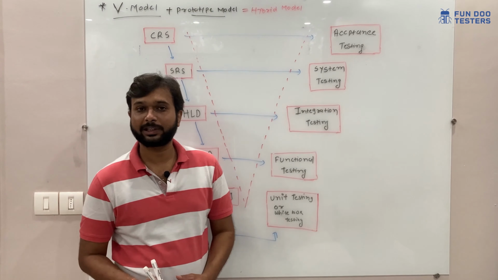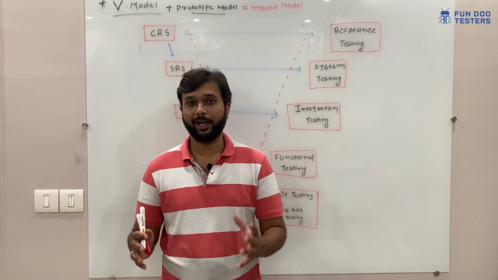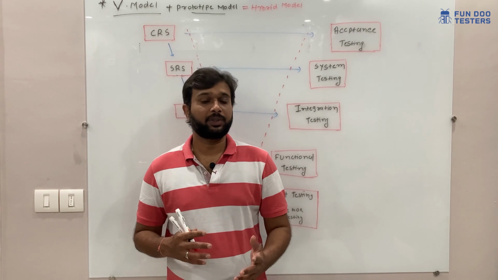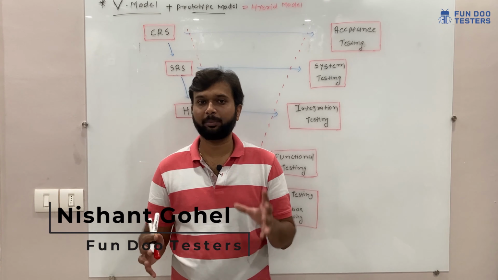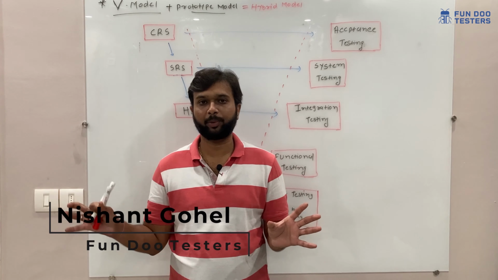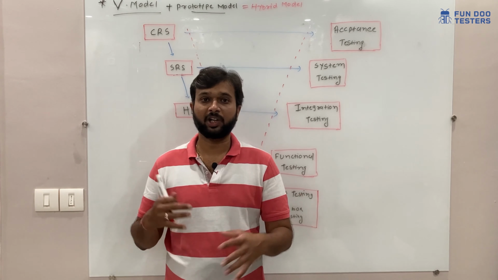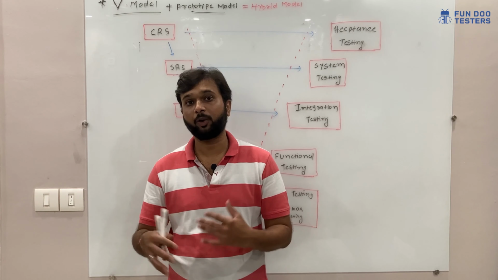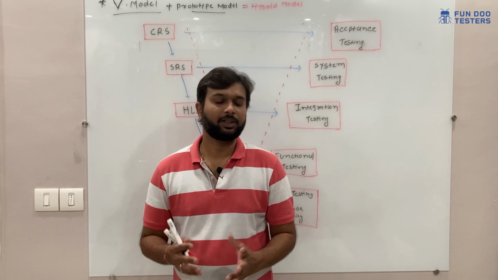Today we are going to discuss the derived model. In this session we are going to understand why companies are using the hybrid model or derived model. They are going to merge two models, for example, the V model with the prototype model or the V model with the spiral model, because they are working on a complex product and complex requirements. So we are going to understand this after a small intro.